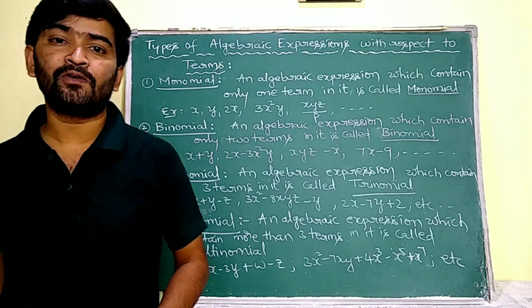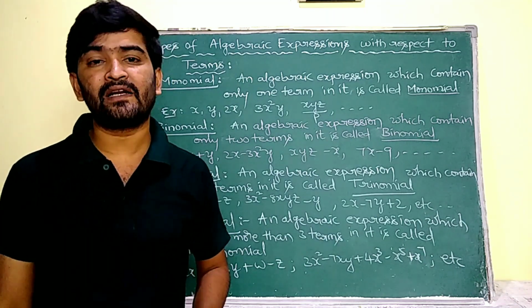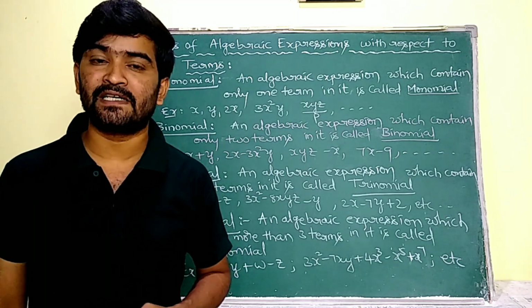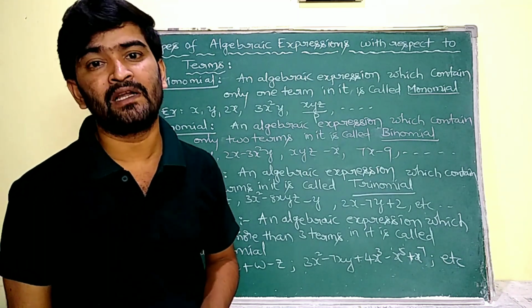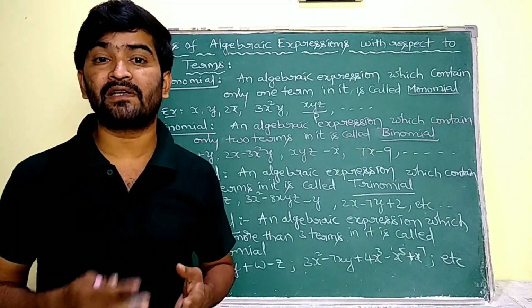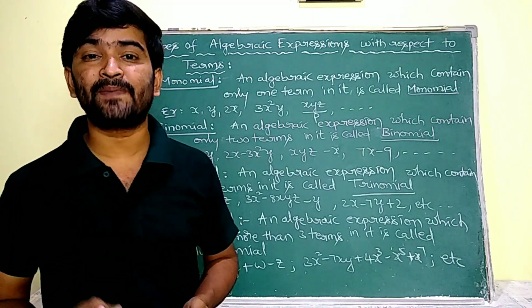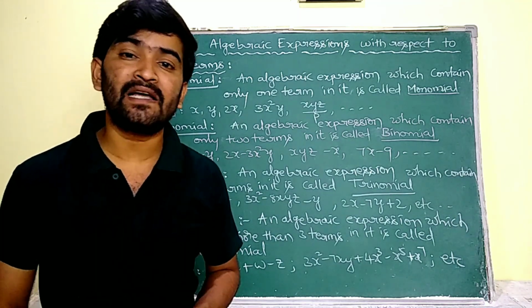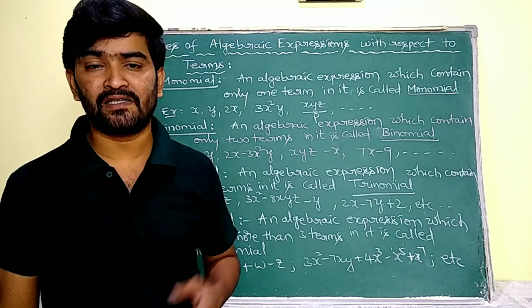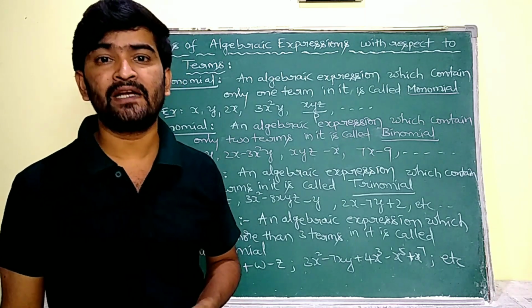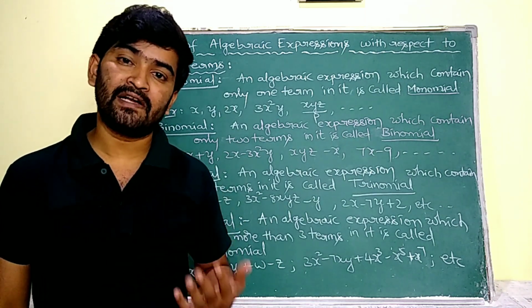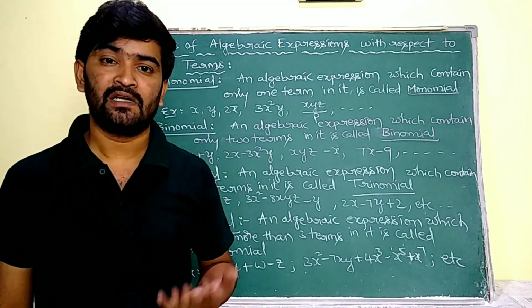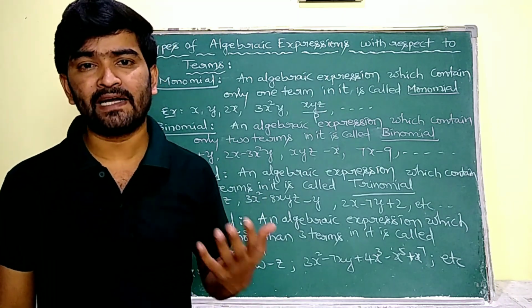And specifically, if you want to name it, there are names for it. If any algebraic expression contains 4 terms, then it is known as a tetranomial. Any algebraic expression which contains 5 terms is known as a pentanomial specifically. In general, we name it a multinomial. Like that, if it is having 6 terms, then hexanomial. If it is having 7 terms, heptanomial. If it is having 9 terms, nonanomial. If it is having 10 terms, decanomial.